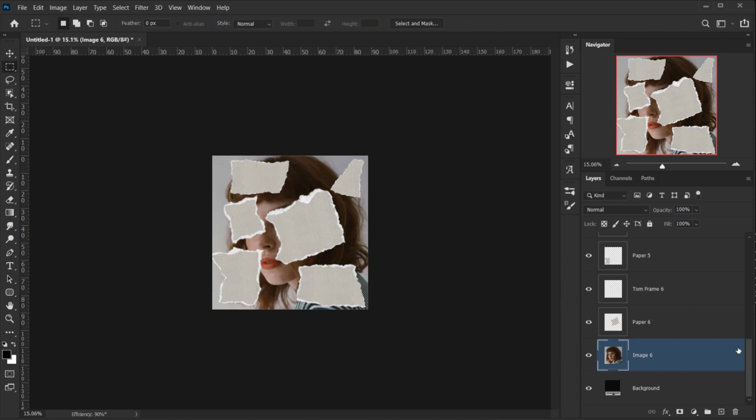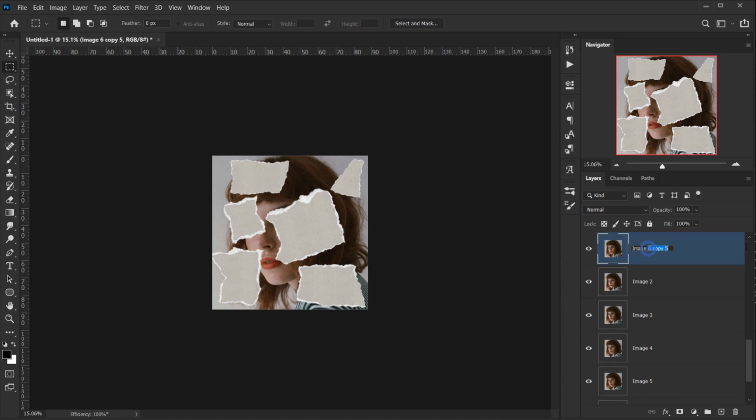So I'm gonna press Ctrl Command J 5 times. 1, 2, 3, 4, 5. All right. Now I have 5 copies. So this one will be number 5, and this one number 4, and this one 3, and this one 2, and this one 1.